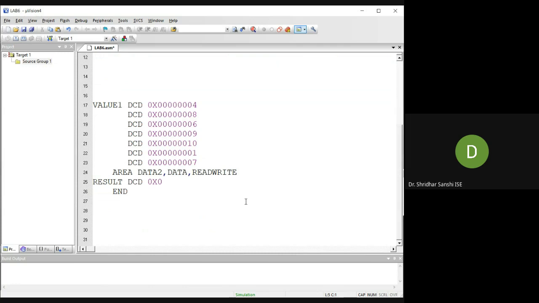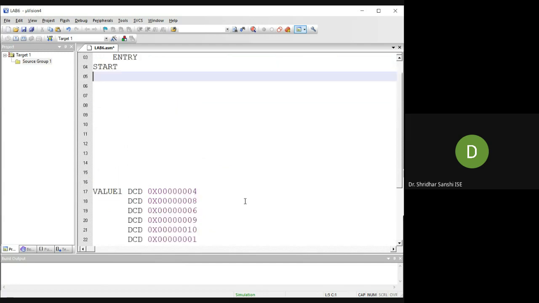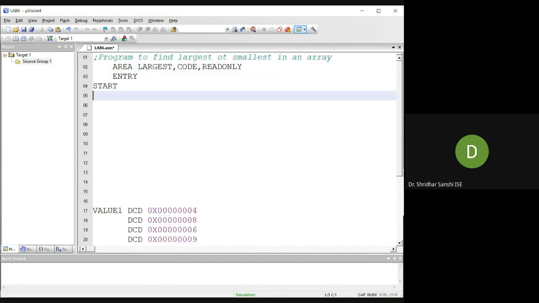First, consider the first element in an array as the largest, then keep on comparing that value to the other elements. If the second element is larger, then take that as the largest, and continue with the next. If the next element is less, then no need to make it the largest, just skip it and go to the next. Like that, you can go up to the end of the array. Once you come to the end of the array, whatever value you have in the largest variable will be your largest element in the array. So that is the logic. I hope everyone knows that.